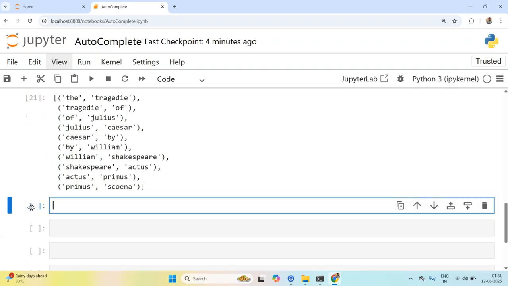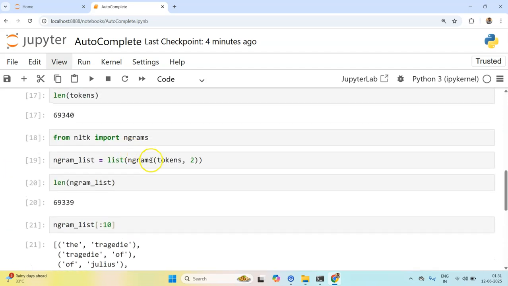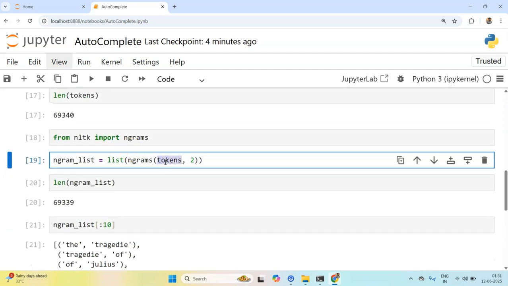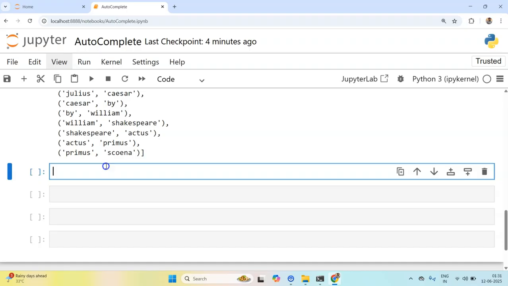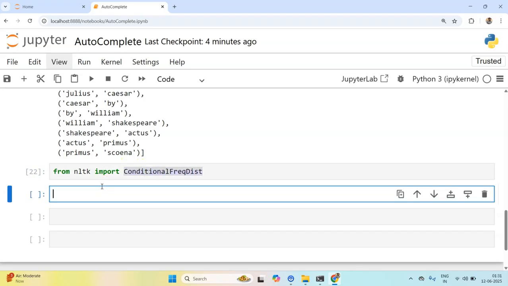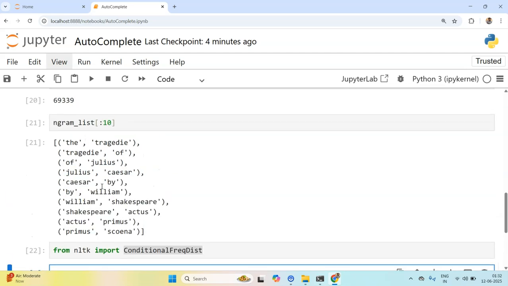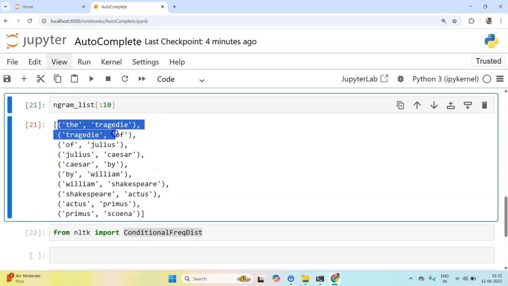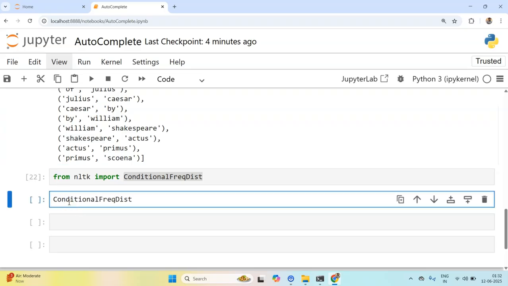Okay, all right, so now that we have this tokens and n-grams list, the next set of work becomes a lot easier thanks to the nice function by NLTK, which is ConditionalFreqDist, conditional frequency distribution. What we can do is pass this conditional frequency distribution all the word pairs that are there in the n-gram list that we have. So I'll create a list of tuples.